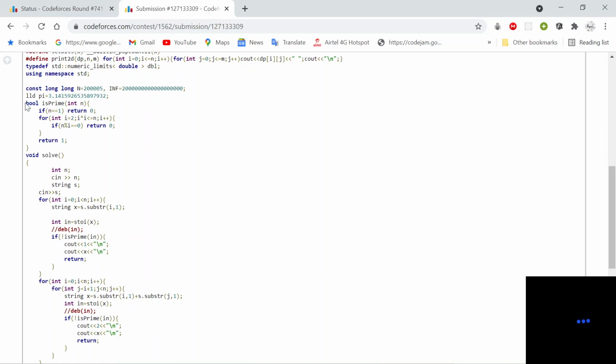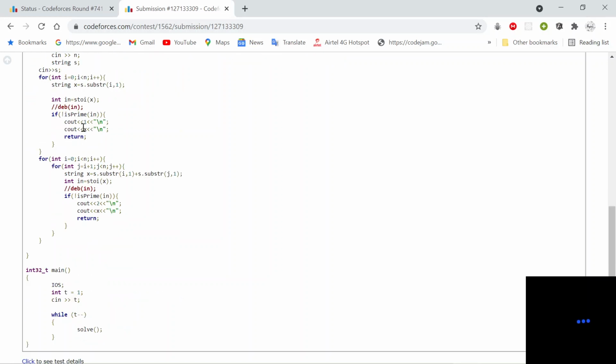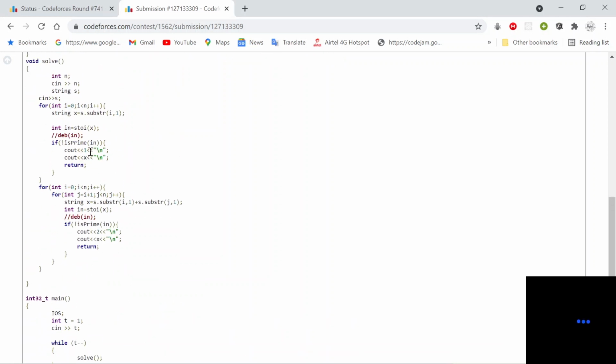Basically I am doing a loop from 2 to root n. If the number is divisible by that number, then return false, meaning it is not a prime number. Then my not operator makes it true, so it returns true.